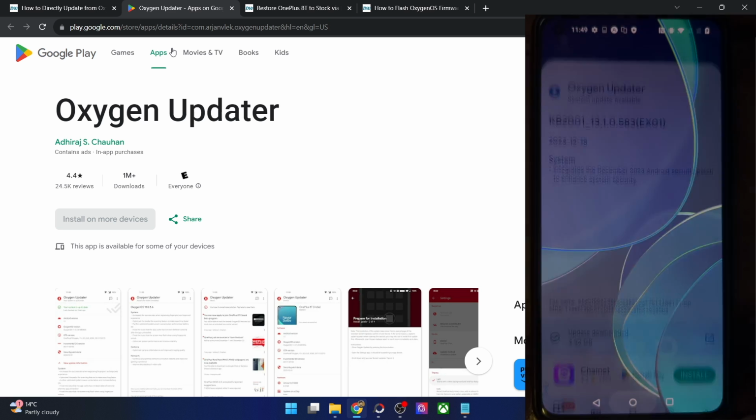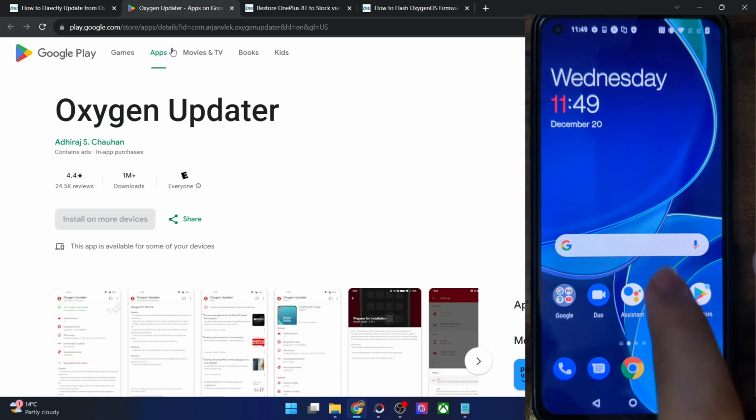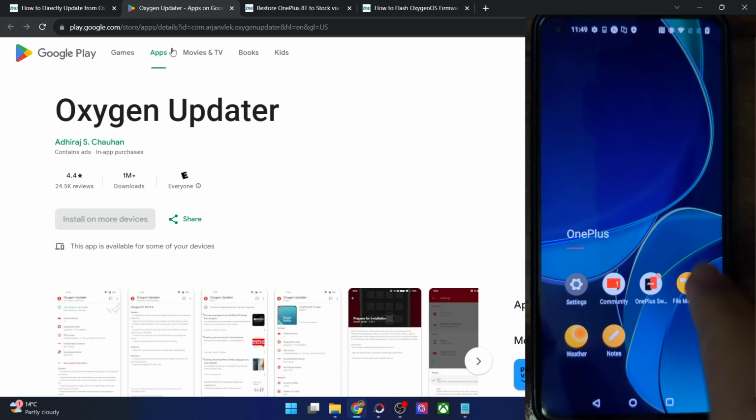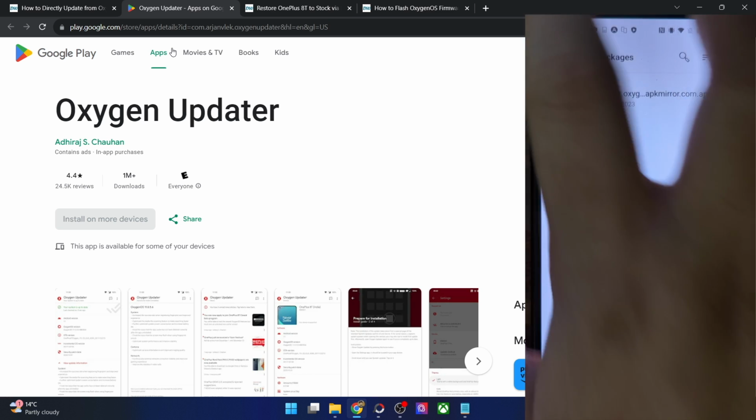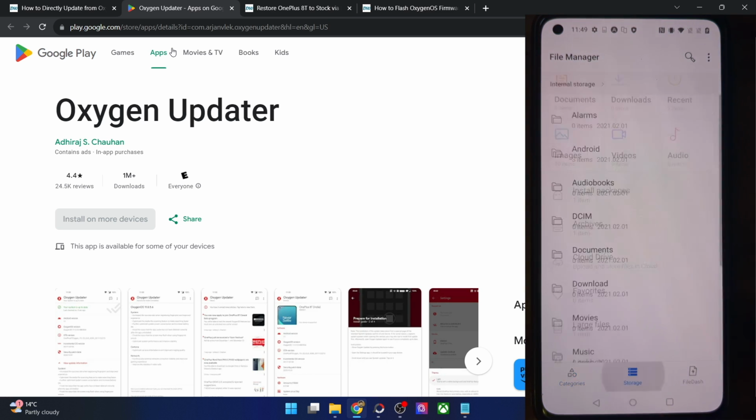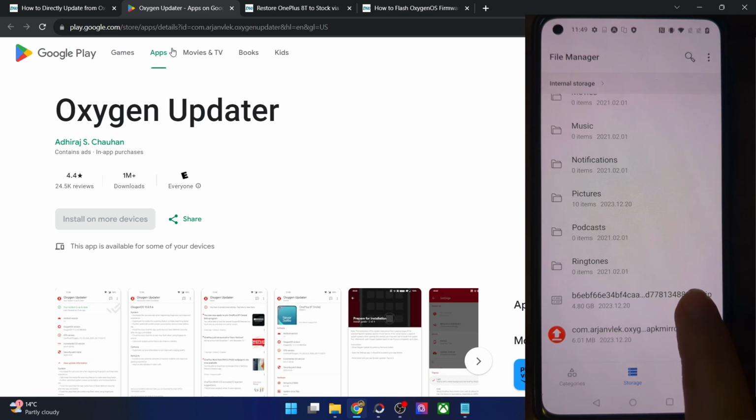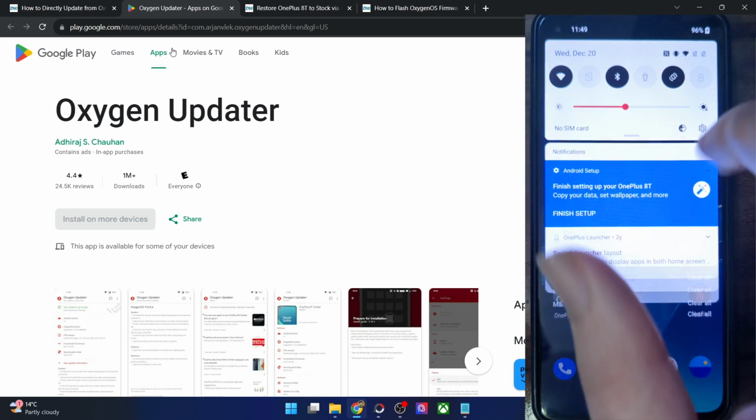Once that is done, you will get a file something along the following lines. Let me show you. It will be named randomly. So for instance, in our case, the file is this zip file, as you could see. Once you have got the file, you will now have to do a local install.